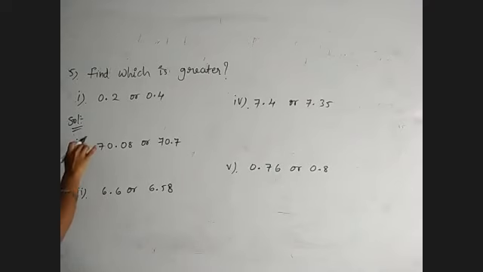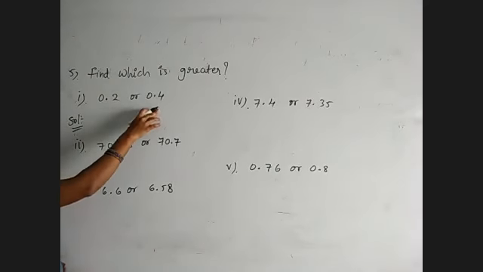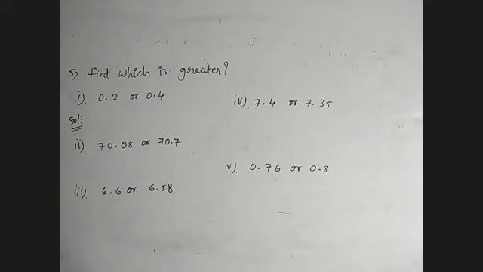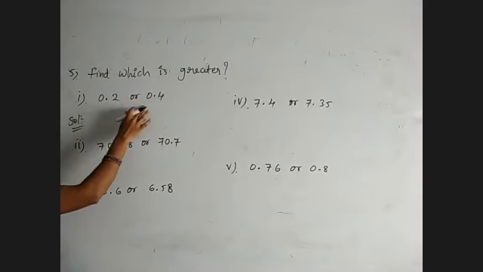Okay. Observe these two decimal numbers, 0.2 and 0.4. Whenever we are going for comparison, first check whether those are like decimals or unlike. Like decimals means that after the point, we must get an equal number of decimal digits in those numbers. Here the two given numbers each have only one decimal digit, so these two are like decimals. Coming to comparing the numbers, first we must compare the whole number part. So 0 is equal to 0.